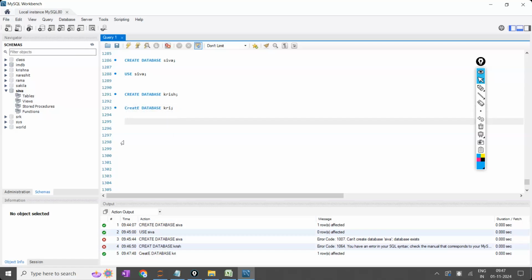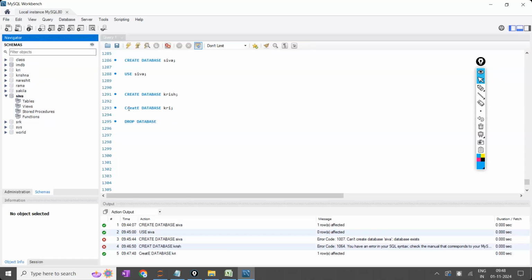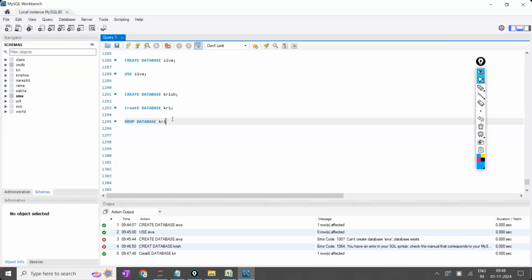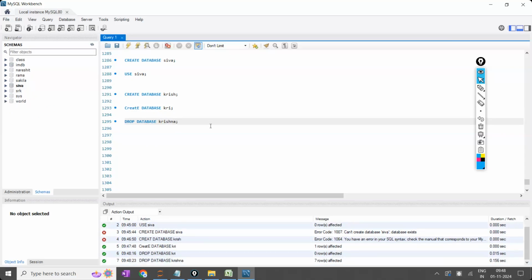If you are not interested in the database, if you want to delete the database, drop database, and you are going to write here what database you want to drop. For example, I want to drop the KRI. So I'm just deleting it. See, KRI was deleted. If I want to drop the database called Krishna, see, Krishna is deleted.